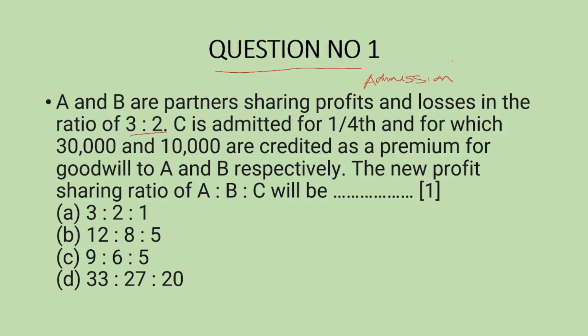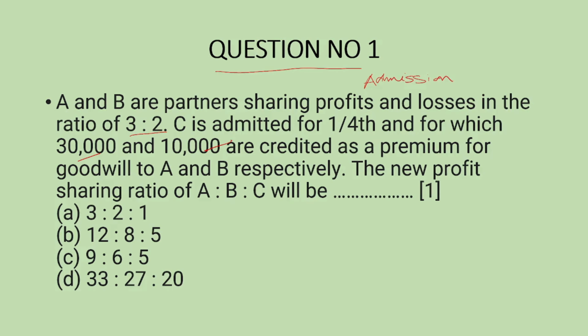Admission of partners, for which 30,000 and 10,000 are credited as premium for goodwill to A and B respectively. What will the new profit sharing ratio be? Now there are 4 options here: 3:2:1, 12:8:5, 9:6:5, and